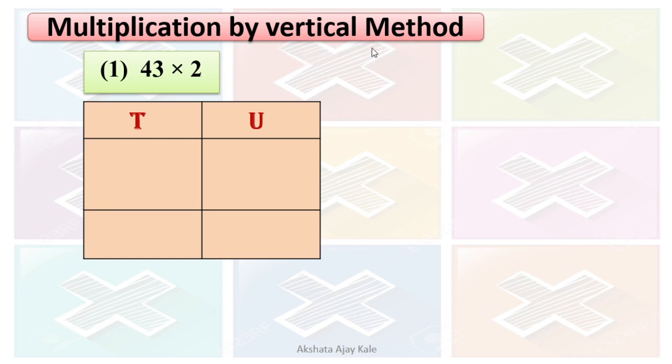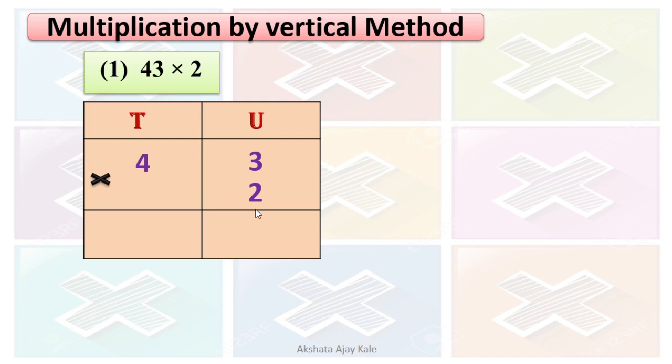And you know that vertical method means standing method. Means we write one number below the other. Correct? You know this in addition and subtraction. Right? Now the same thing we are going to follow in multiplication too. Now dear children, here 43 is there. Correct? Now 3 we will write in the unit place and 4 we will write in the tens place. Correct? 43. Now we are going to multiply 43 by 2. So multiplied by 2. 2 is in the unit place because it is a single number.